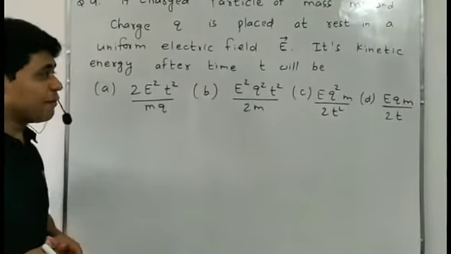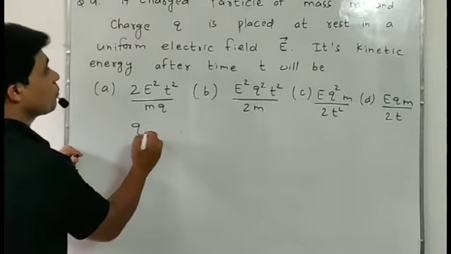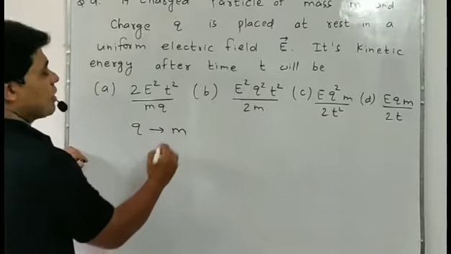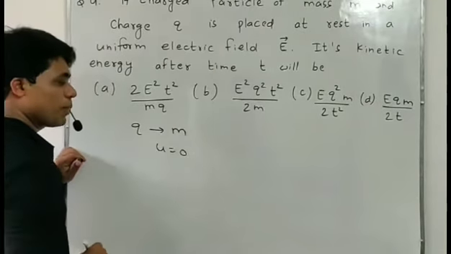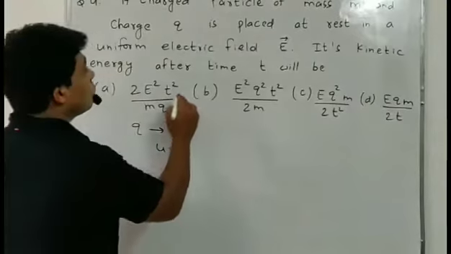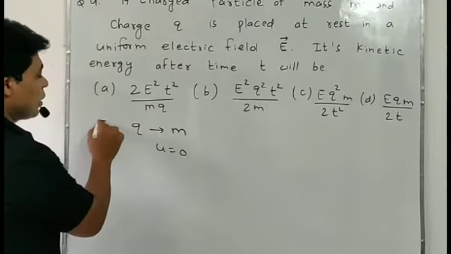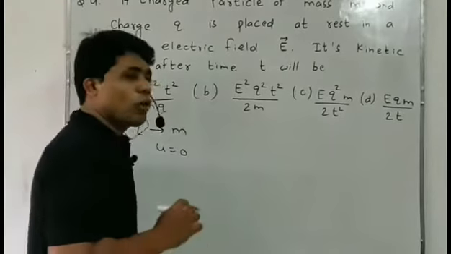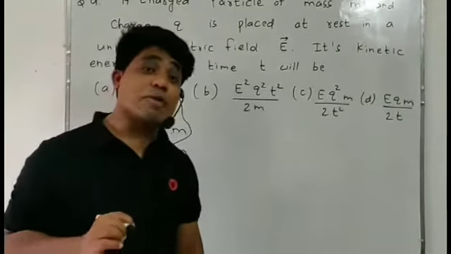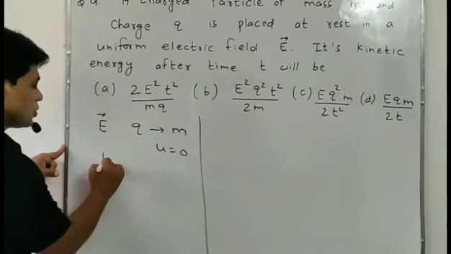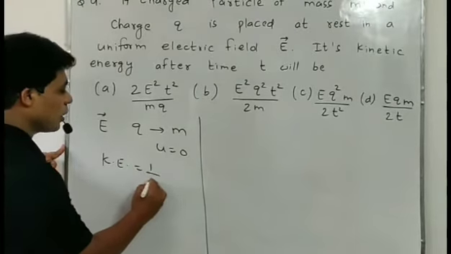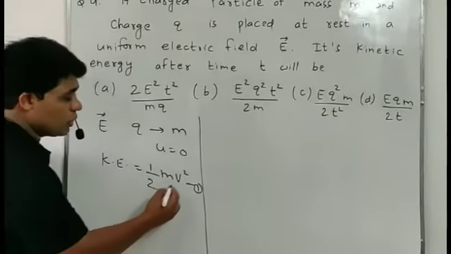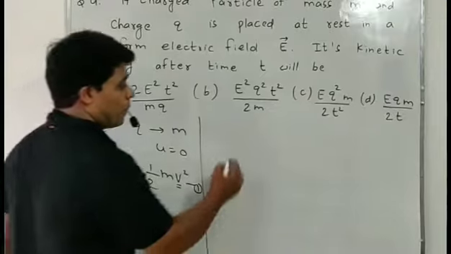So first of all, I'm going to explain the language of this question, students. A charged particle q of mass m. Okay, charge q is placed at rest. Its initial speed will be 0. Now, that is moving under the influence of an external electric field. Its kinetic energy, okay, we know the formula of kinetic energy: half mv square. Look at students, kinetic energy is what? Half mv square. Equation first. So what do we actually require? We require the final velocity of the particle.